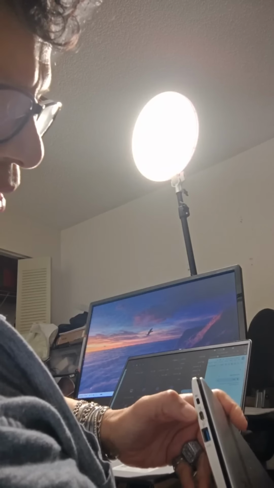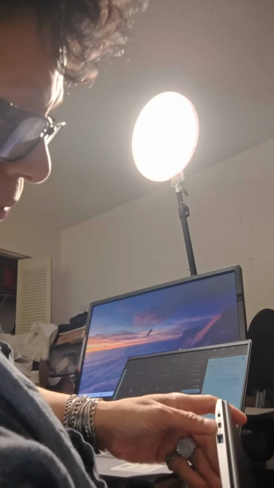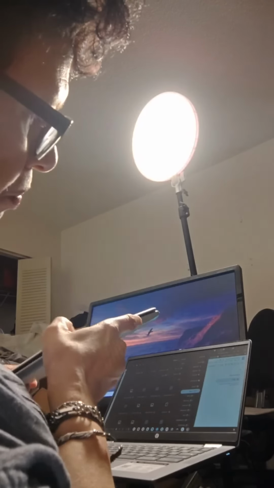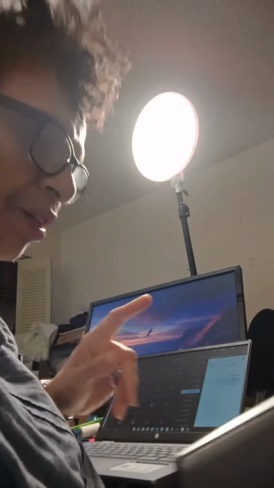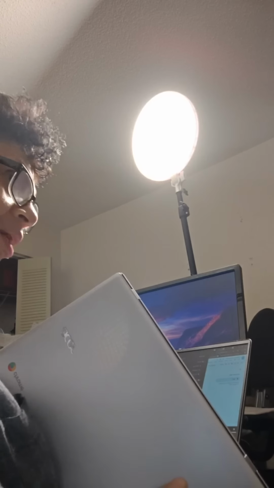It's not bad though. It's not touchscreen, but it has more ports than this one does. Yeah, the layout's different here. You got Type 3, Type C. It has an SD slot. Oh, wait a minute, do I have anything in that card? Then you have another Type 3, and another Type C. So you got two Type Cs. One is for power, or you can use it for anything else. And then you can plug this into your computer, or into a monitor, Type C, into desktop.